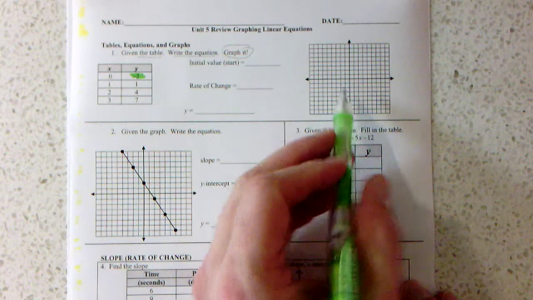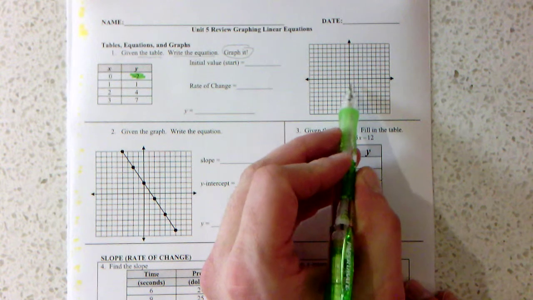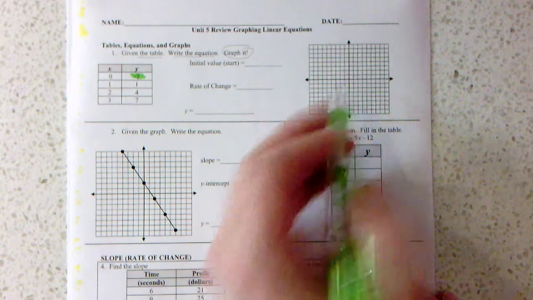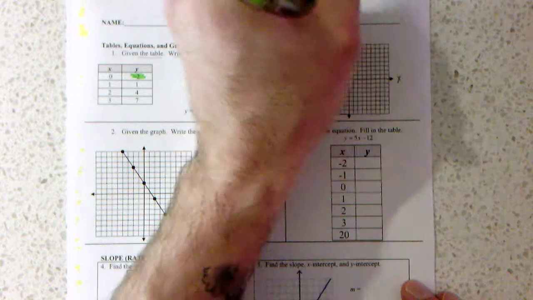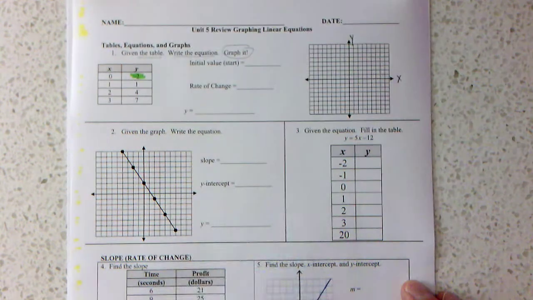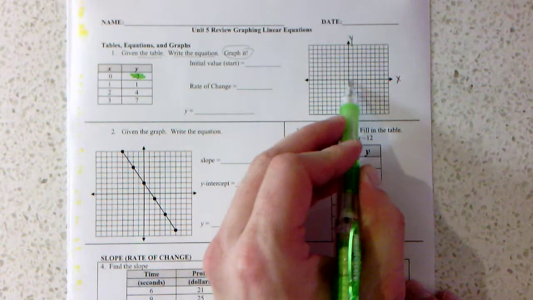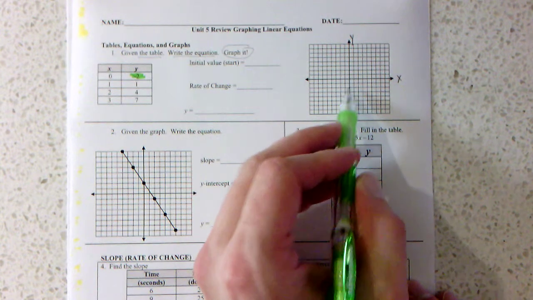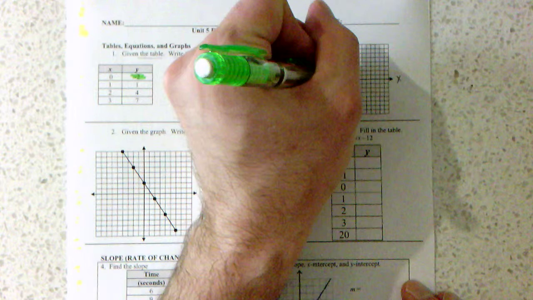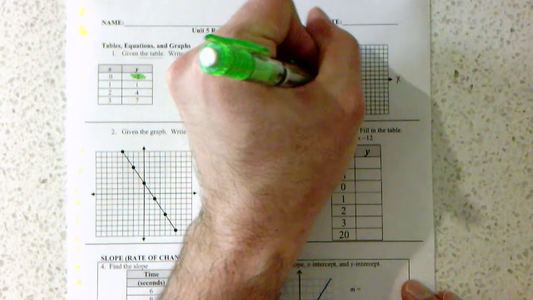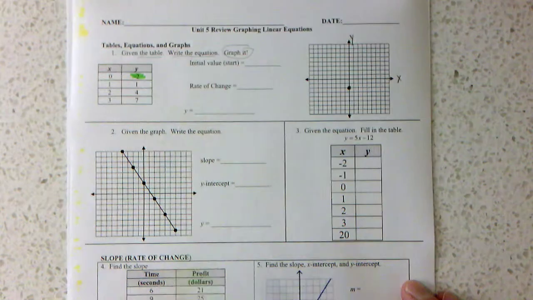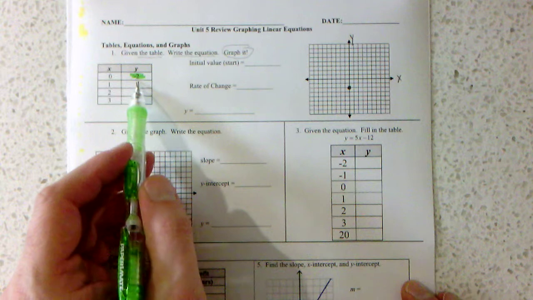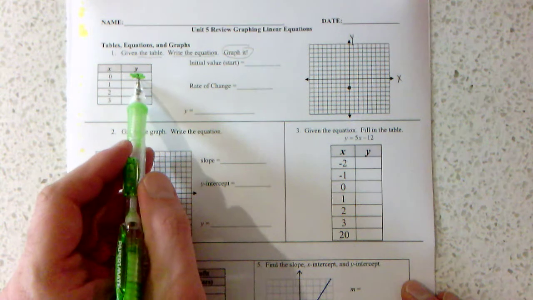If we think about that on a graph, this is our x and our y. If x is 0, we're not moving left or right at all. So that means we're just going straight up or down. So when y is -2, we're just counting down to -2. So where it crosses this y-axis,